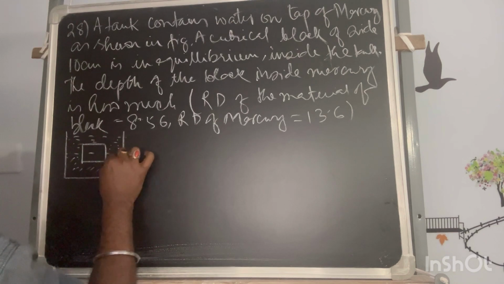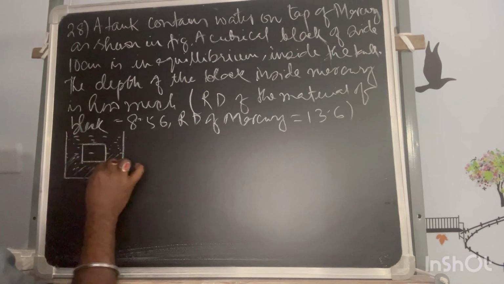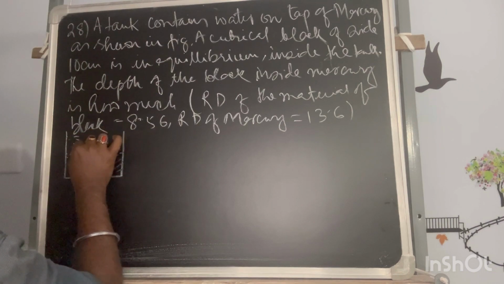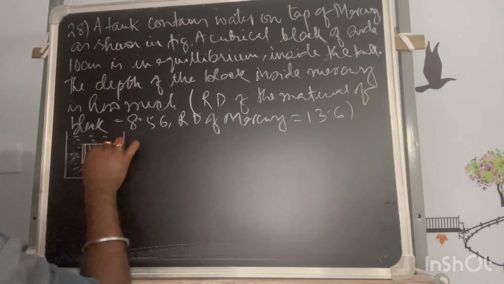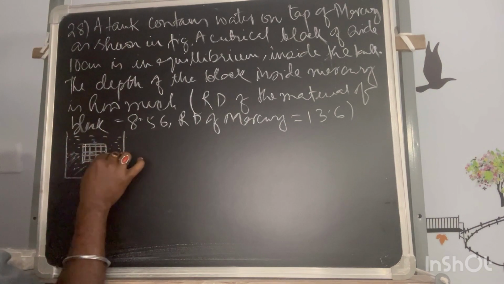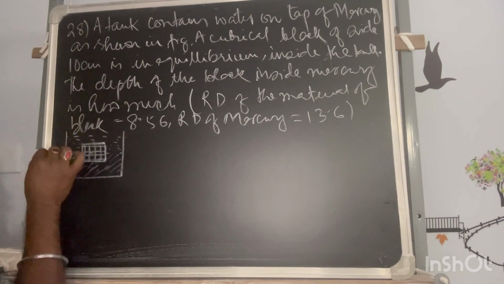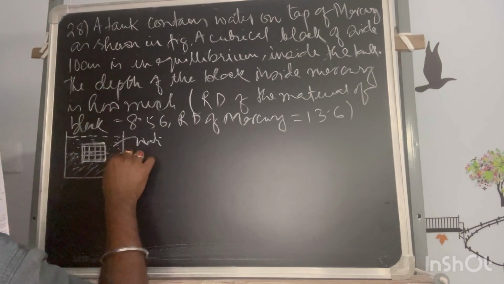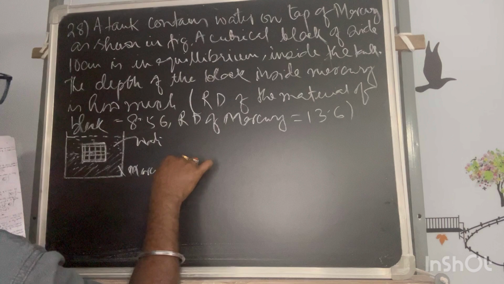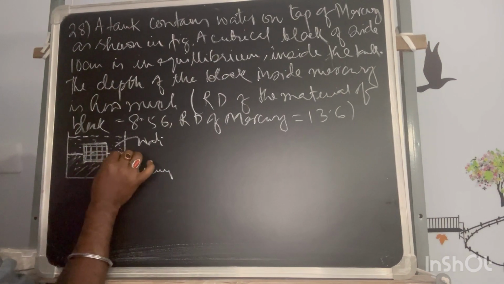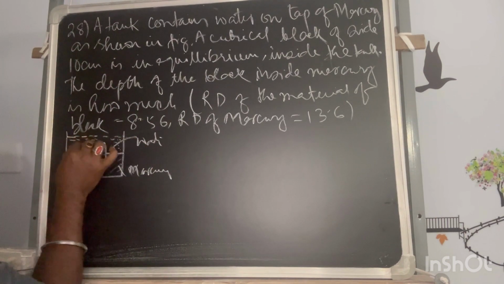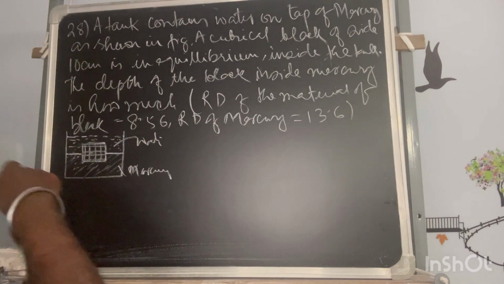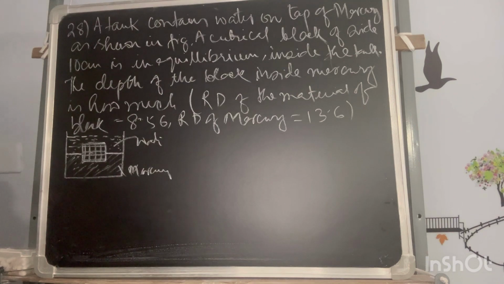So this part here is mercury and this is the block, which is submerged partially in water. This part is your water, this part is mercury, and this is the clear-cut border. Okay, so now